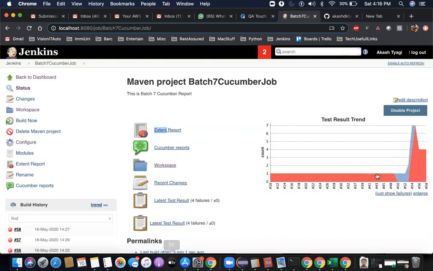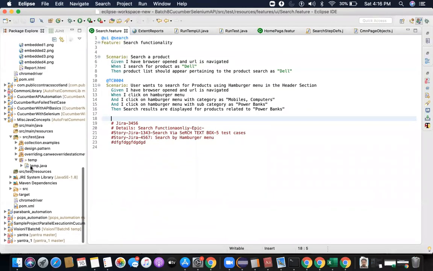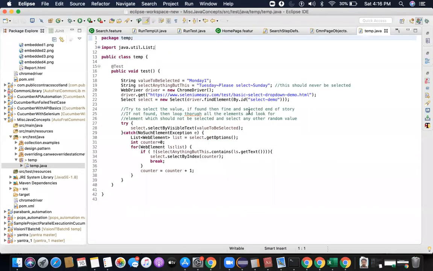Today, the last thing which I want to talk about was an assignment which I gave for select case. If you guys remember, that assignment was, I won't say very simple, but these kind of scenarios actually happen in the real world as well. The assignment was that you need to select an item in the list. If that item is present, then select it. If it is not present, then select something else, something that could be anything other than a few specific values, right?